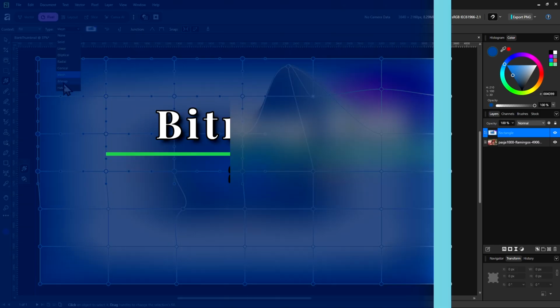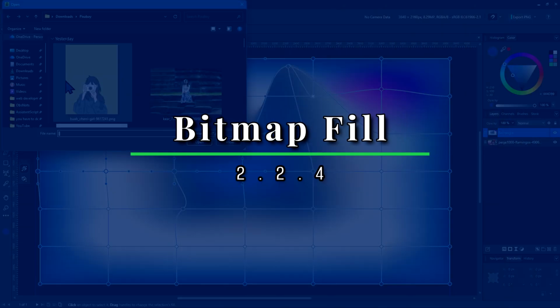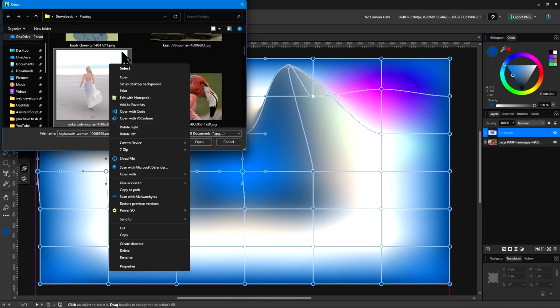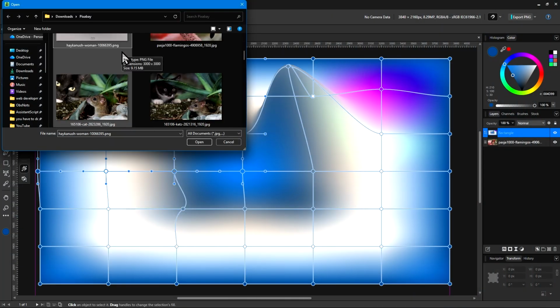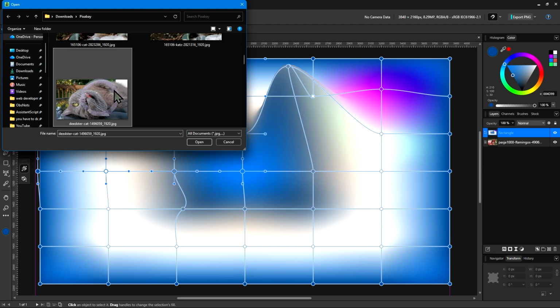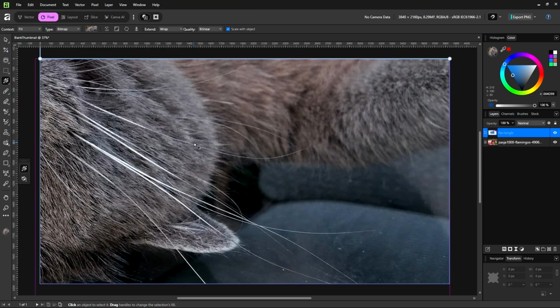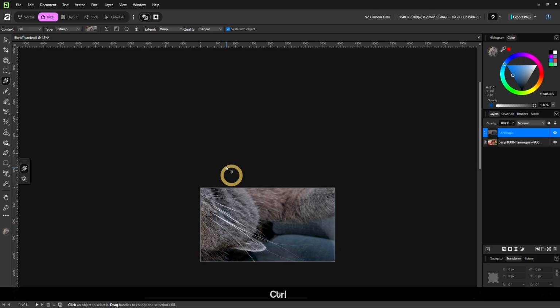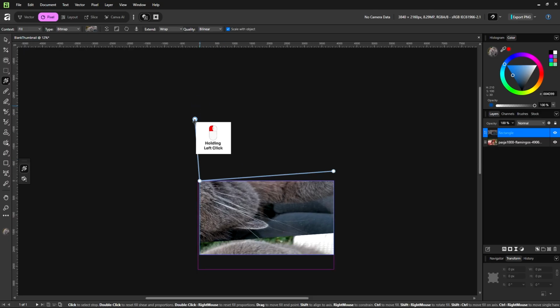Now, there's also bitmap. And what this will do is that it will import an image. So let's pick one image, maybe this cat here. And if this is too big, you can pan around the canvas and scroll out until you see this handle.